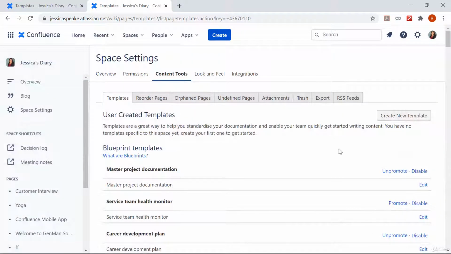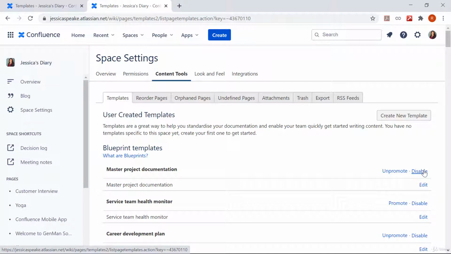There is one more option which you can see in the space settings section, that is the disable option. So you may want to disable particular blueprints. For example, you may not want to see the product requirements blueprint in the create dialog in an HR or social space.